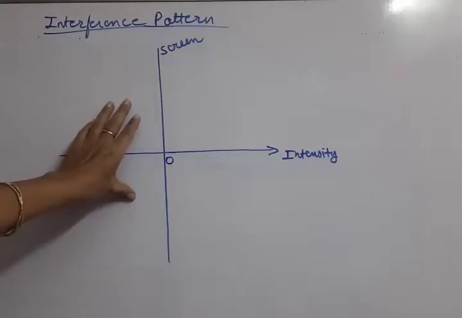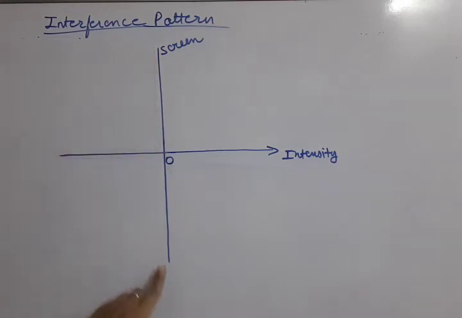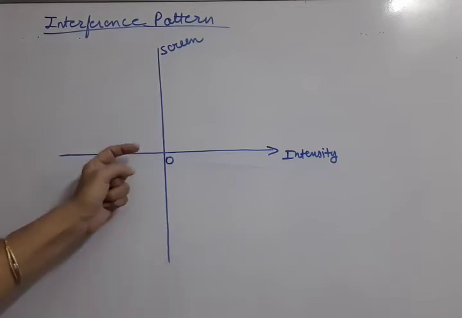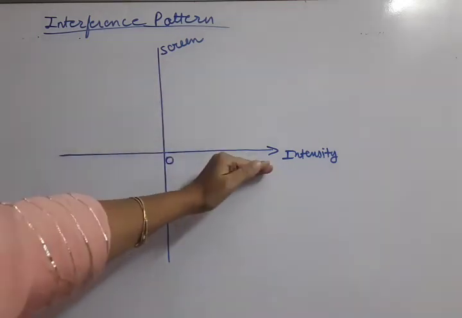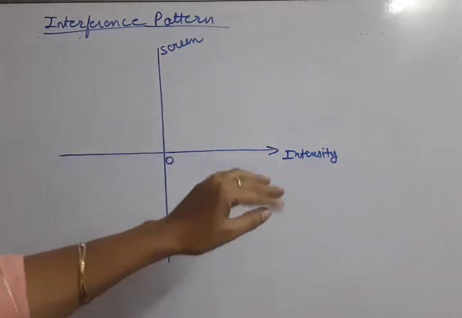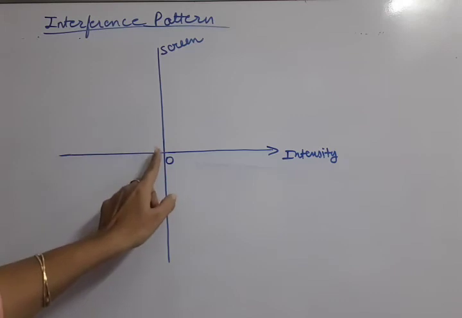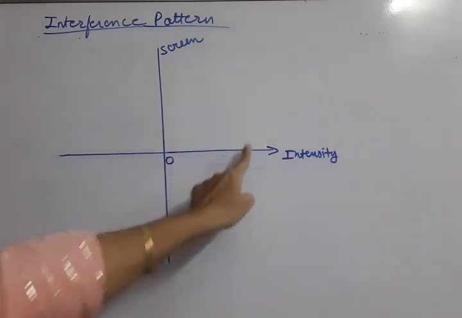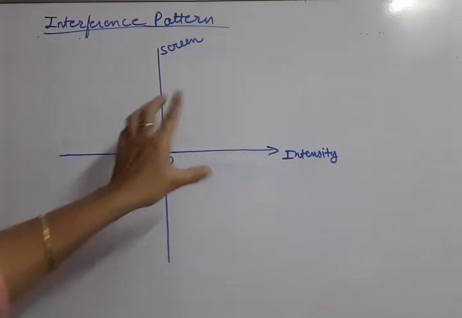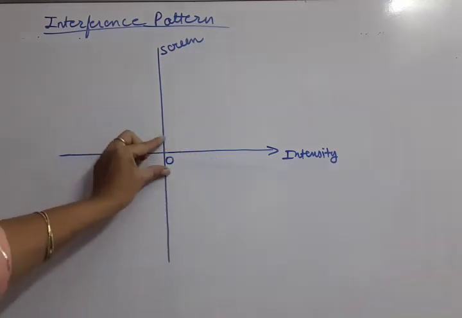Now there is one diagram related to the interference pattern. So the diagram is this way: on the screen, with respect to displacements, we have to draw the intensity scale. Intensity means for maxima intensity is maximum and for minima intensity is minimum. So at the center we know that maxima is formed, so we have to show maximum intensity at the center and all maxima's intensity also maximum. We have to take care that all the widths of maxima and minima should be equal.